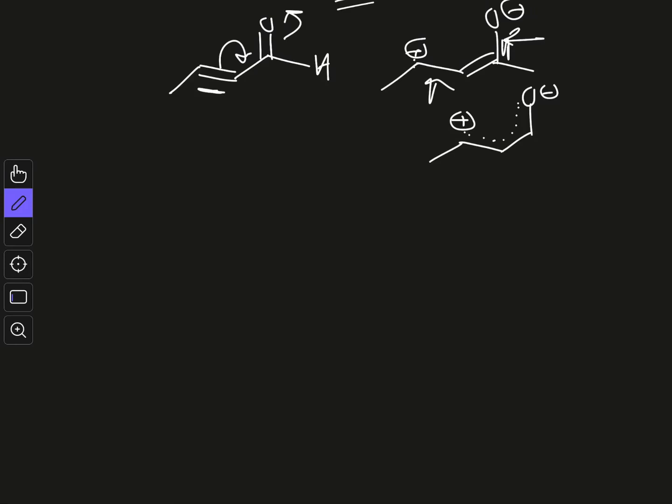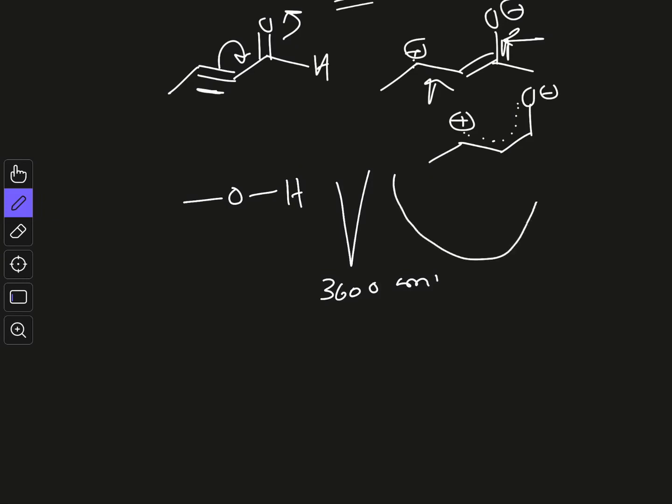Another thing I should discuss now is the effect of hydrogen bonding, which I already discussed in the last video, but there are a few interesting examples left which I will discuss here. We have seen that hydrogen bonding has a profound effect on the stretching frequency of the OH bond. If the OH bond doesn't have any hydrogen bonding, it comes as a sharp band at around 3600 centimeter inverse, but when hydrogen bonding is involved, it comes as a broad band in the range of around 3400 to 2900 centimeter inverse.